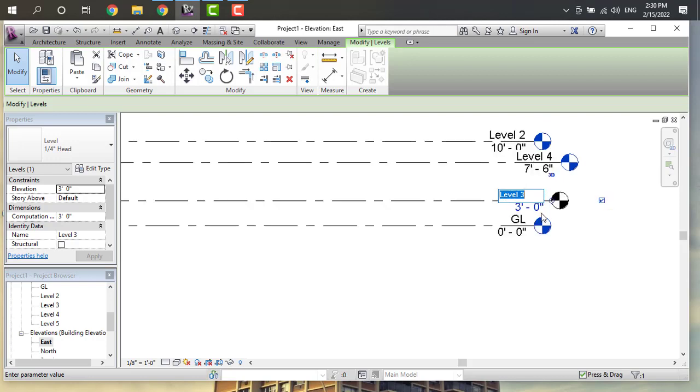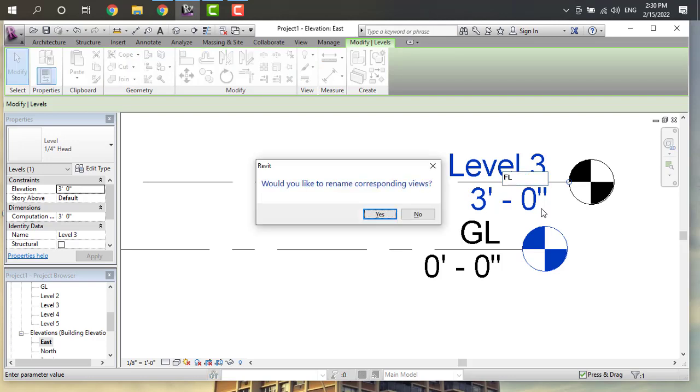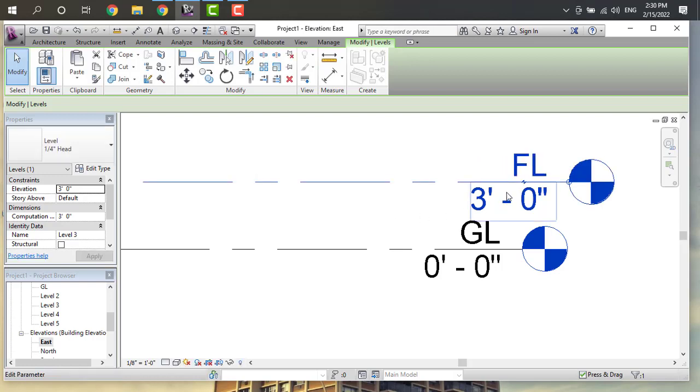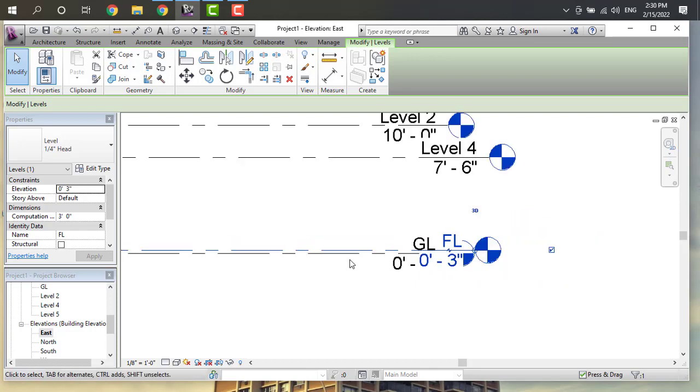Okay, level 3 will be floor level, FL. Click on yes. And again here I want to give 3 inches. You see, when I give 3 inches, it will be 0 feet 3 inches. This is our floor level.